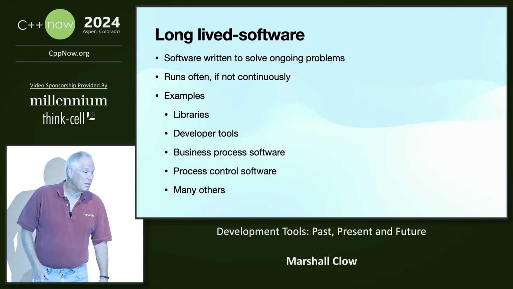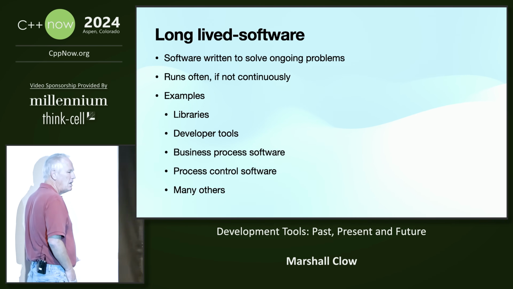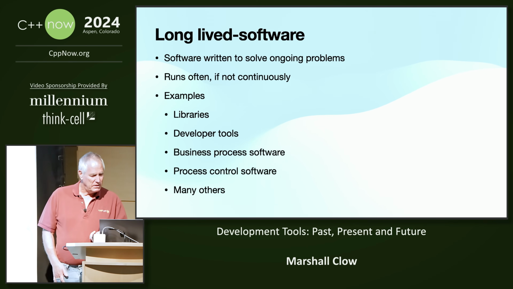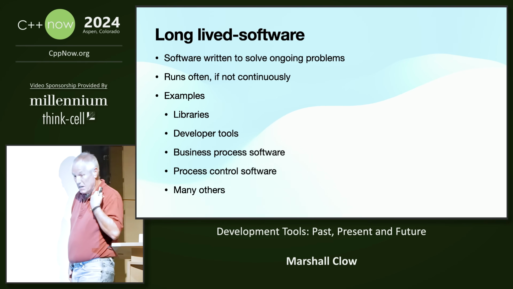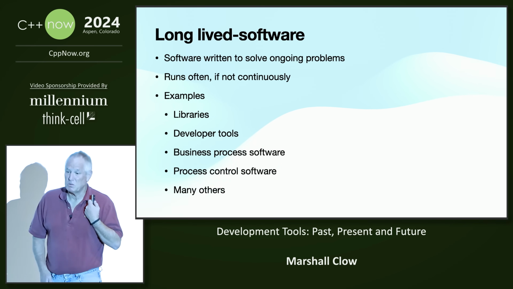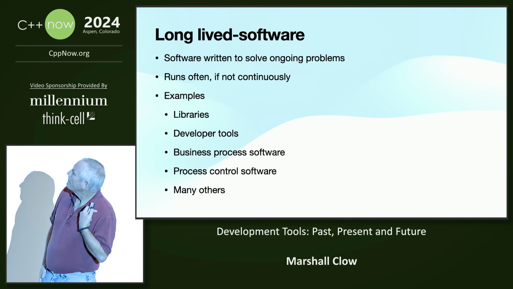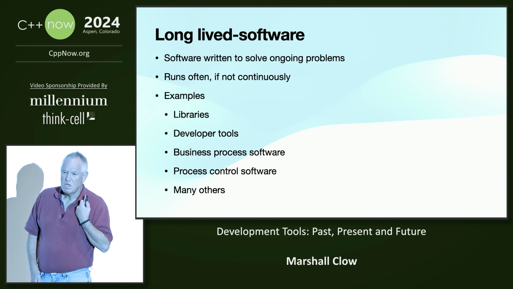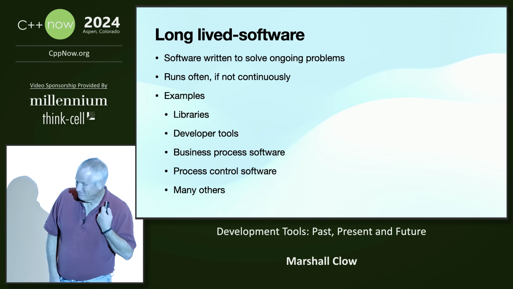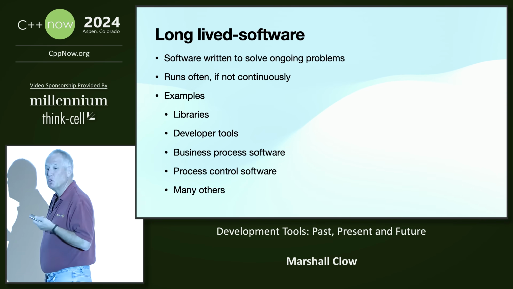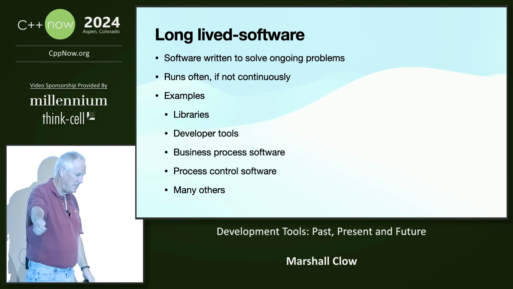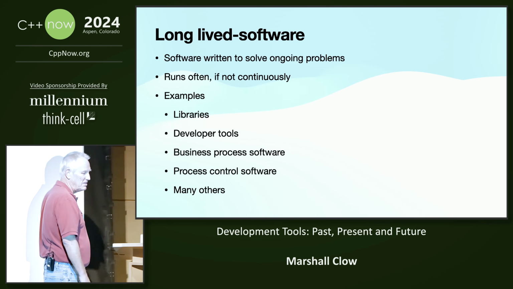And many others. I'm not saying this is an exhaustive list. But these are the kind of things that we think of as software development. These will be affected, in my opinion, by AI, but to a lesser extent. You won't be able to say to ChatGPT, I need the source code for a C++ compiler. Not soon, at least. Here's the standard. Yeah, here's the standard. And a standard library implementation.